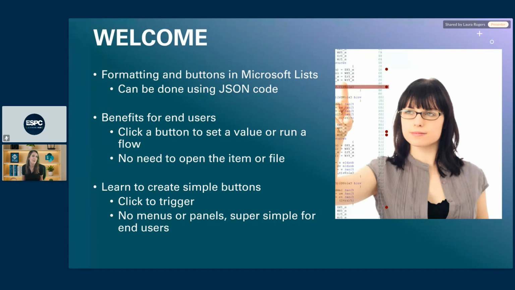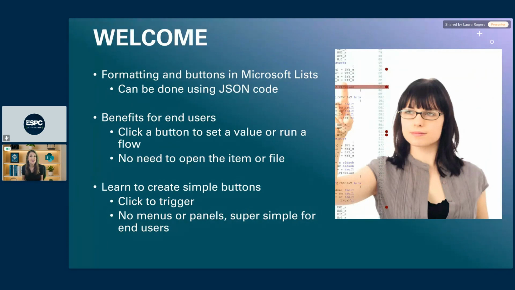but all this applies for lists and libraries. You have the ability to click on any column heading in SharePoint and be able to do formatting on that column. So if you can write JSON code or paste JSON code, that's where the sky's the limit to what you want your buttons to look like and conditional formatting and things like that that you can do on it.